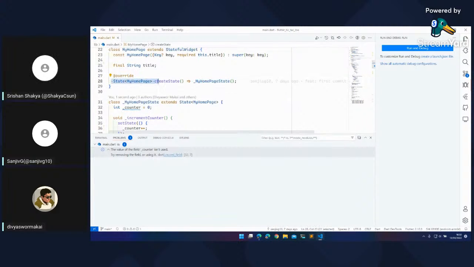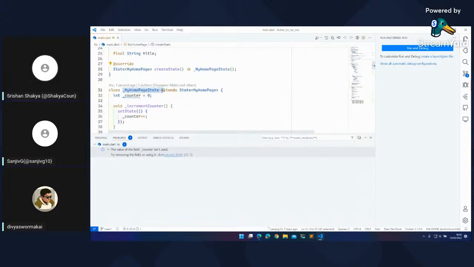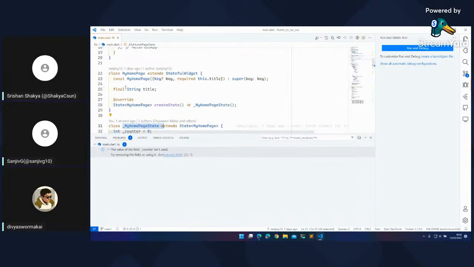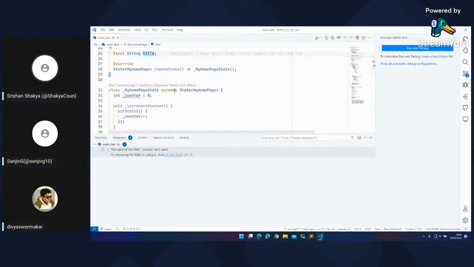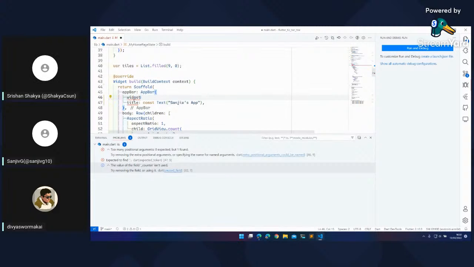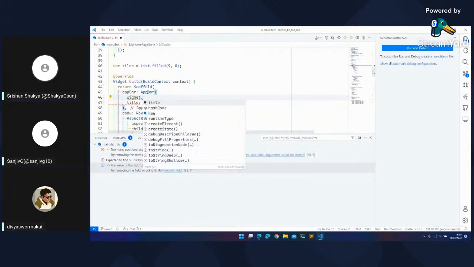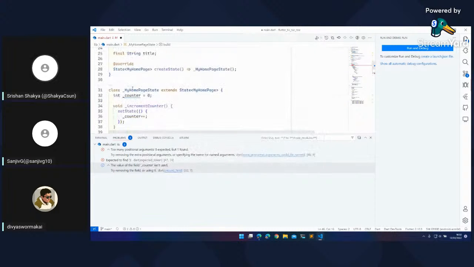It creates a state of this widget, and this is a final variable. That is, this variable will not ever change once it is assigned. And this is the state we created, MyHomePageState. And to access this title variable, we will have to take the help of the widget parameter, that is widget dot title, and the widget has a title property and a key property.